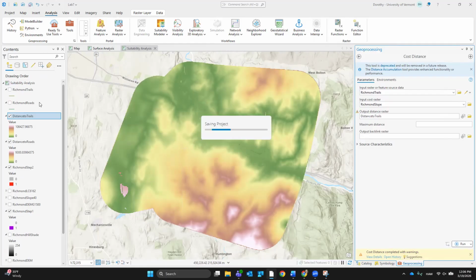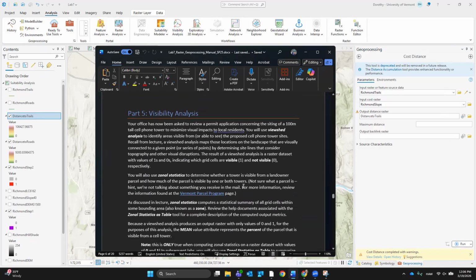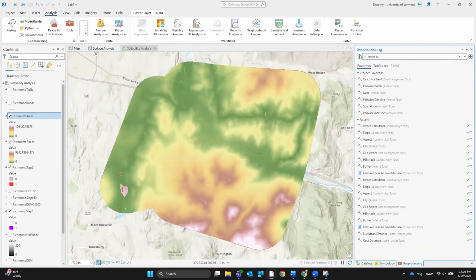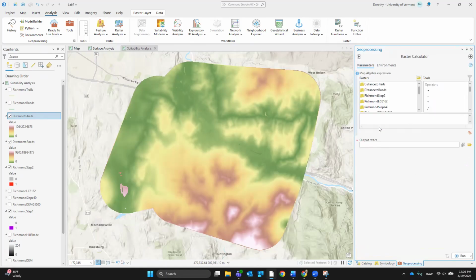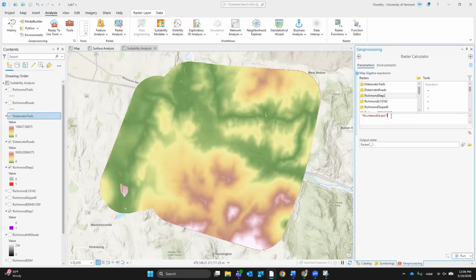And so there's your answer again for that previous question. I go down here. My last thing. Okay, so now I'm going to go back to raster calculator. I'm going to do Richmond step 2 is equal to 1 or 0. Richmond step 2 is equal to 0. That's all the places that they're allowed to build. Remember, because our ones were the places that we don't want them to build.